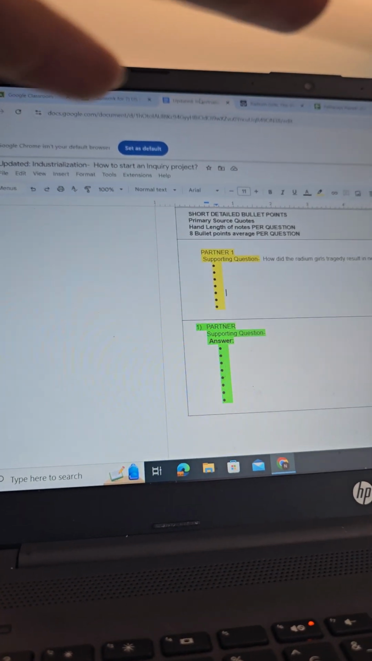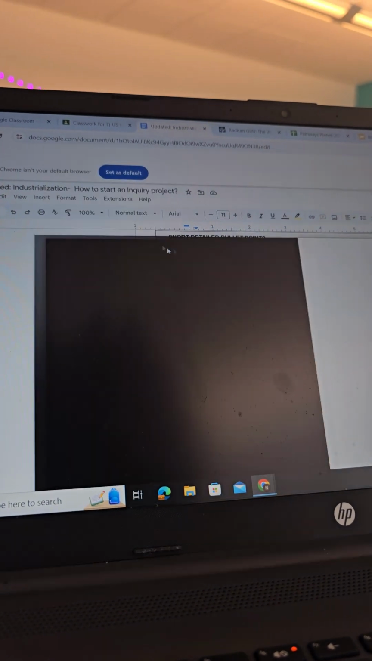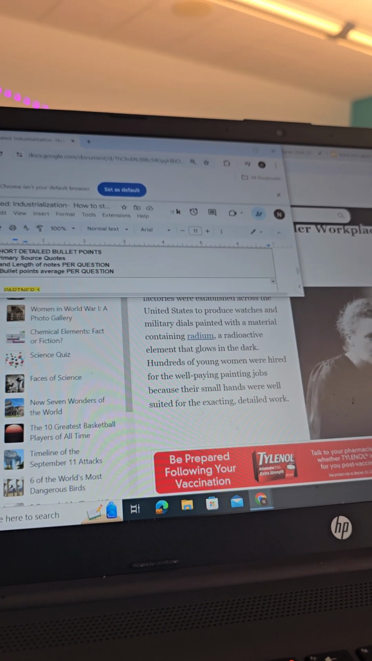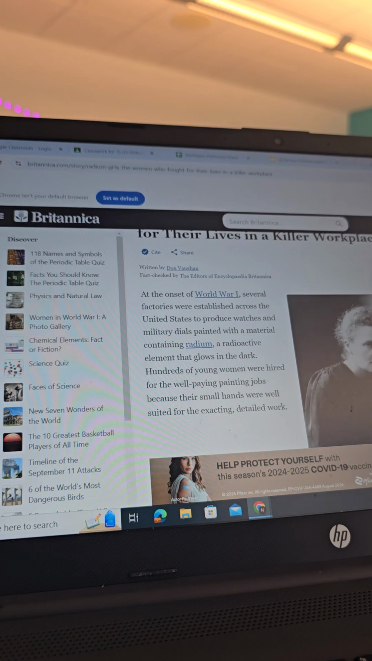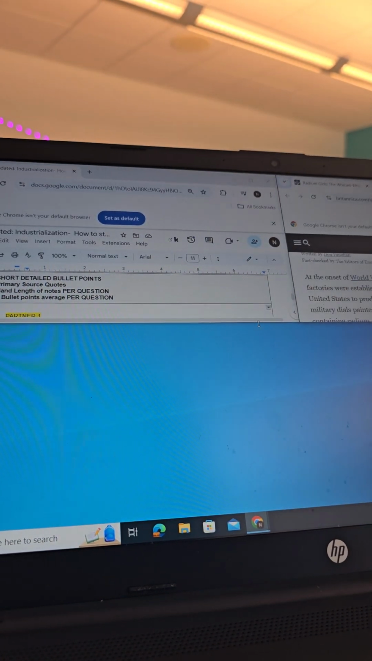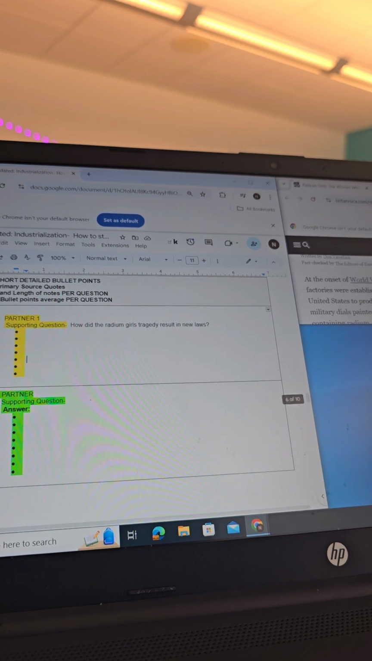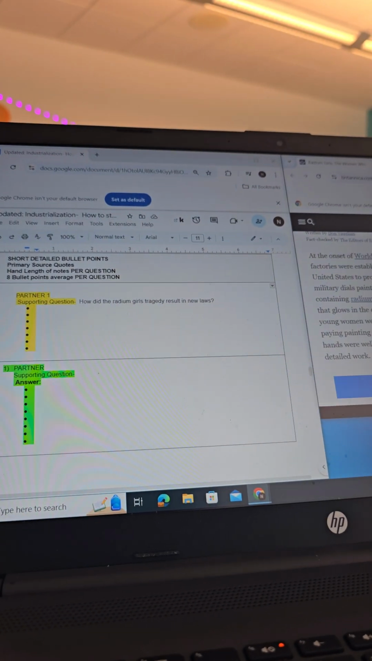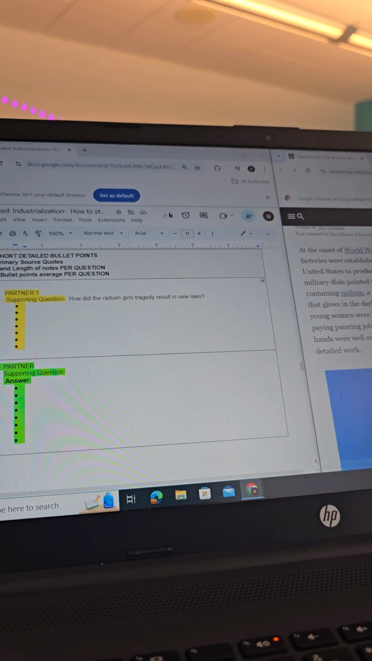Here are some tricks you can do. You can split your screen in half. And then once you split your screen in half, like so, you can read